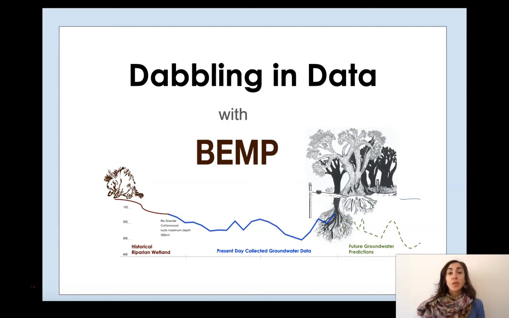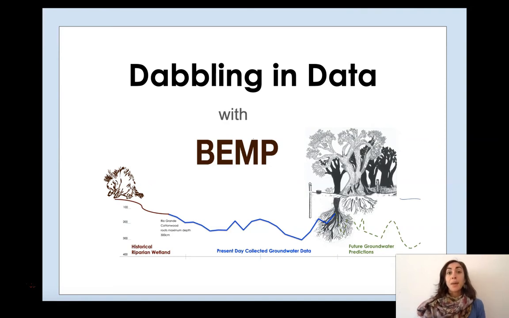This is the lesson that goes over one of the three data sets that we collect monthly, and this is the groundwater well dataset. So we'll go over how we collect this data set, why it's important, and we will also be graphing some of the data that we collect monthly to see how the groundwater depth changes month to month and also year to year, and try to draw some connections between the groundwater level and the surface